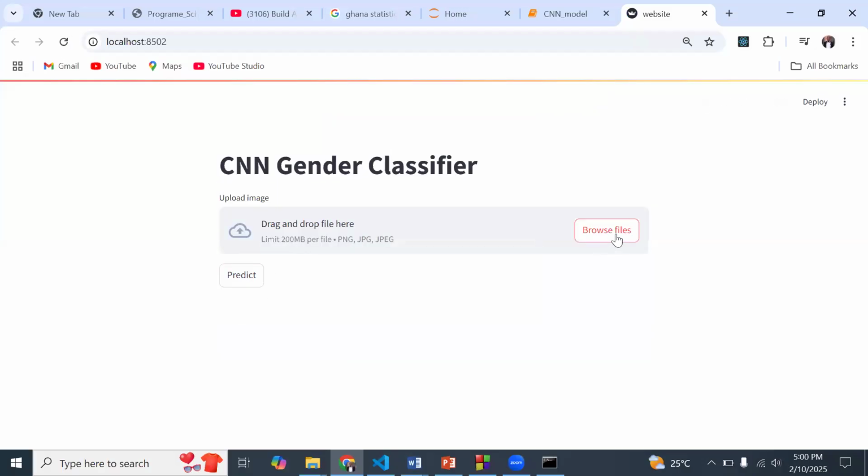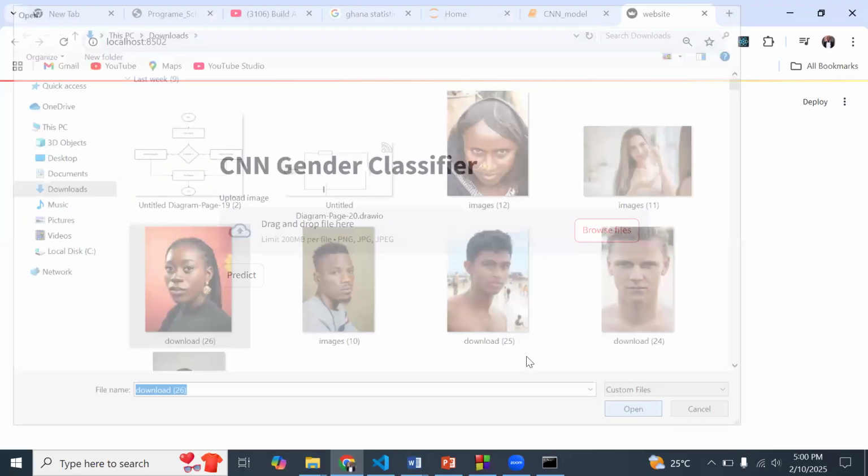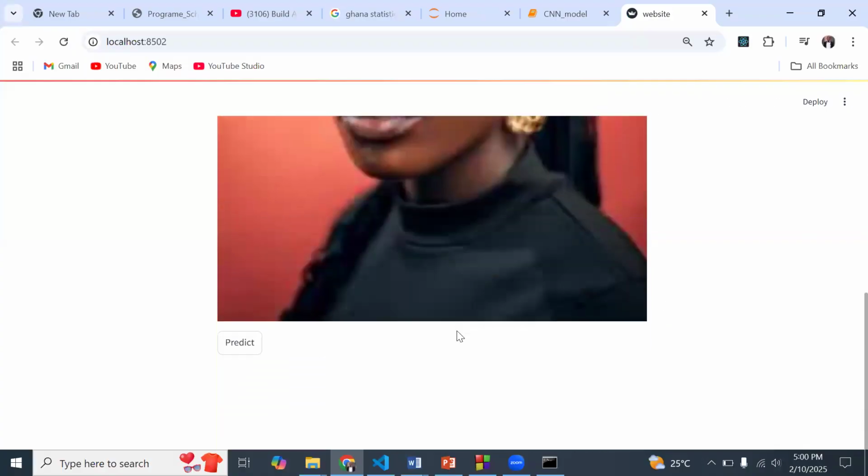So I'll do a refresh of this, and we have the predict button. But then let's see, if I come in here and select this image, the image is previewed. If I click on this, I'm expecting to see predict button clicked. So I'll click on this, and that's what I have over here, predict button clicked. Okay, so now everything is set and done. So we just have to bring in the image and then do a few things with it to get it to work.